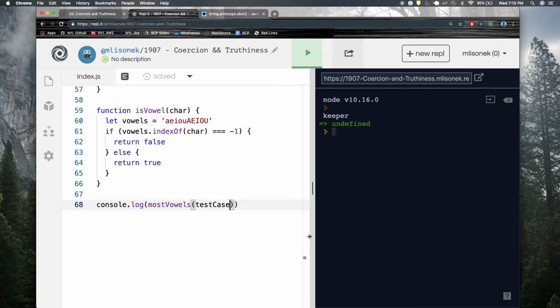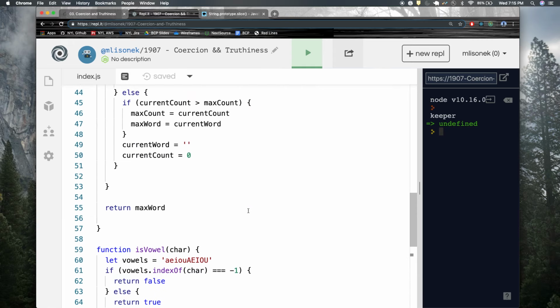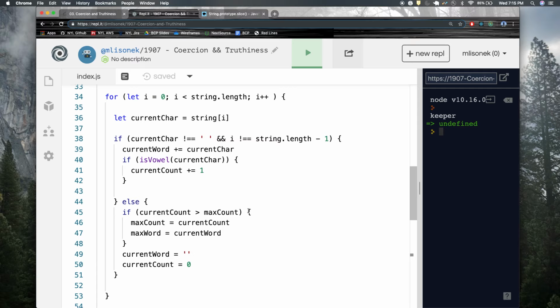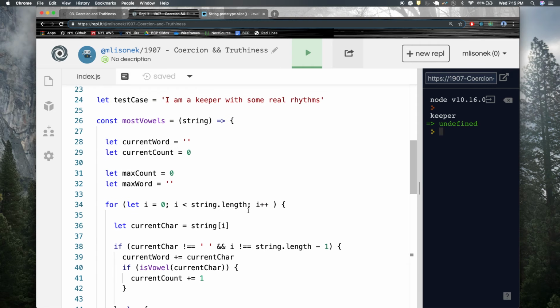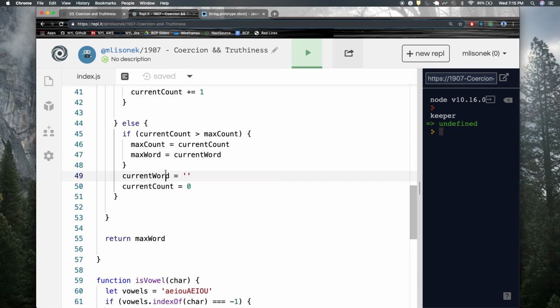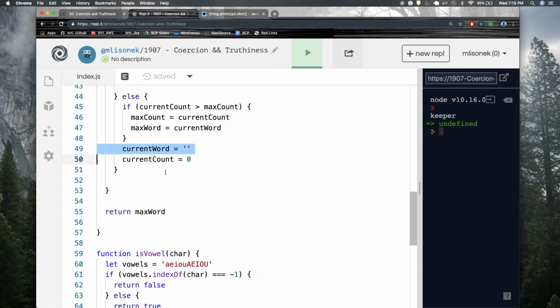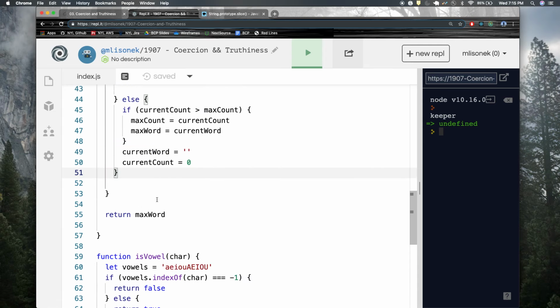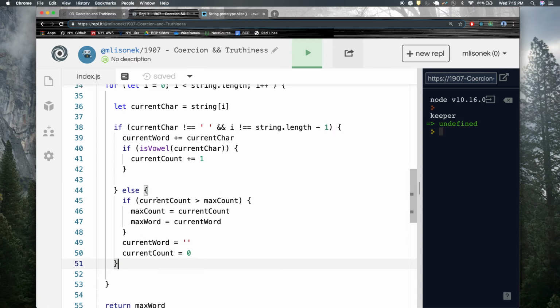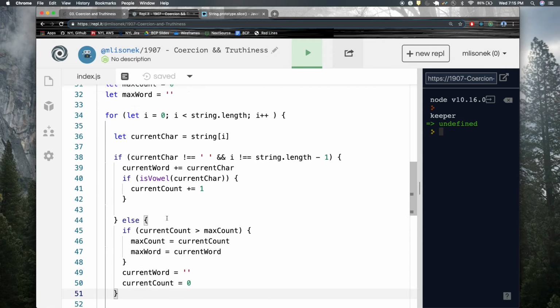So, I would love to scroll up just a little bit. Here. Question. Why are you defining current word and current count in the beginning, and then at the end of that statement you're redefining it? Why is that? I'm not redefining it, I'm reassigning. Reassigning, sorry. So the reason I'm reassigning is because when we hit